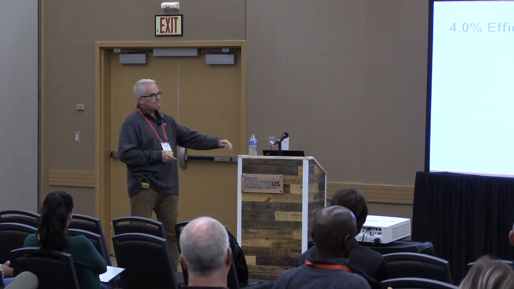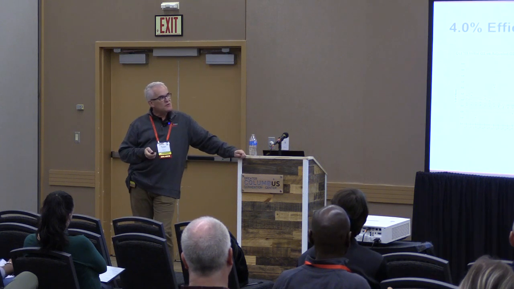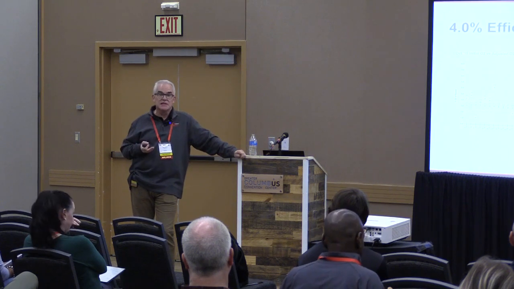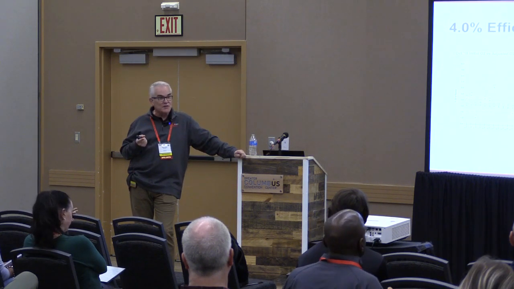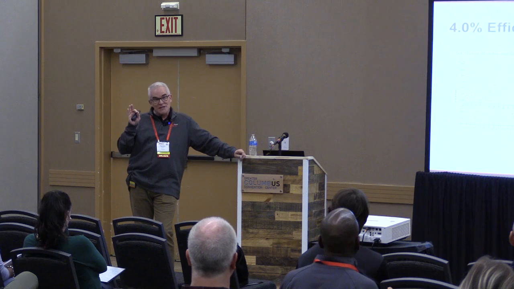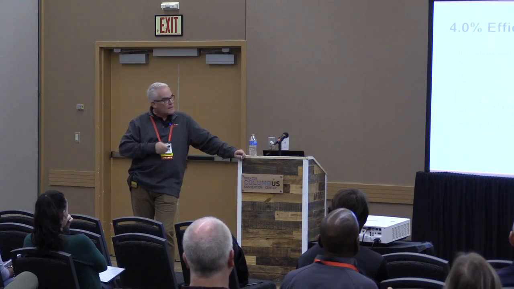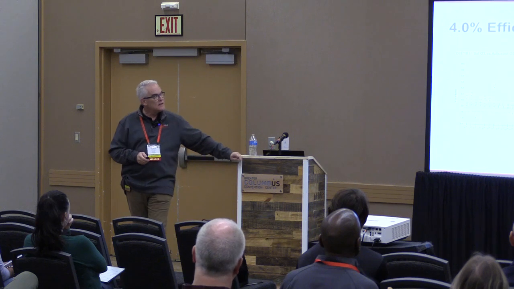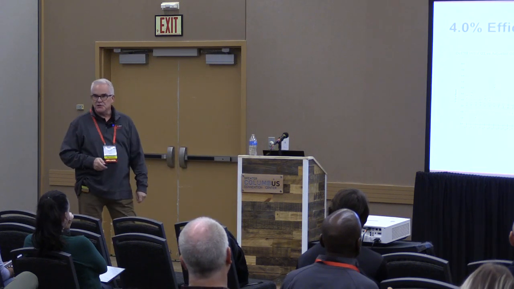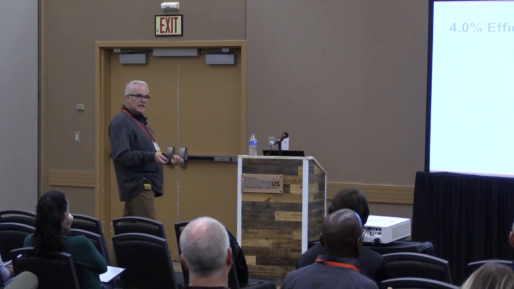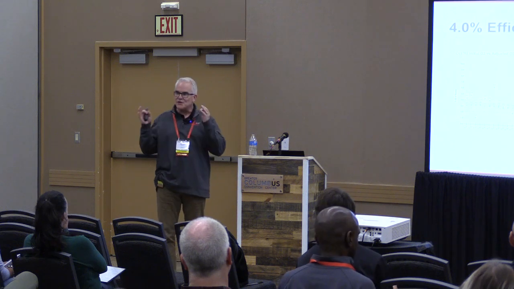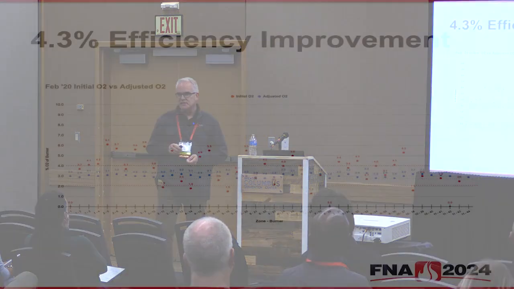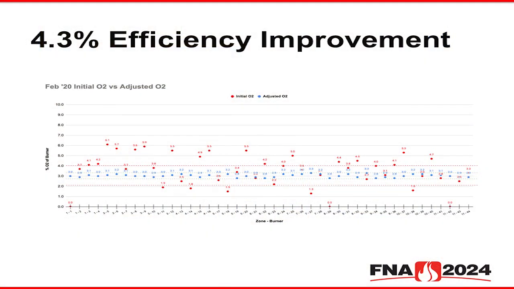Not to give too much information away, but this is an aerospace application, which means it has to pass a temperature uniformity survey. The only way to do that is if the burners are at least reasonably close to what they ought to be. So everybody's happy, they passed their temperature uniformity survey. Why don't you guys come back in 6 months and tune it again? How do you think that furnace looked 6 months later? You'd think, well, how bad could it be in 6 months? All the burners are out of tune again.